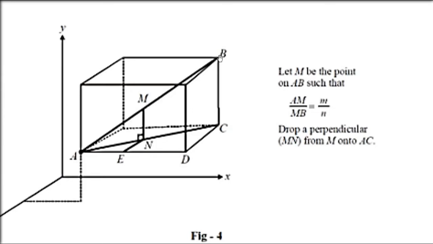With A and B coordinates, I am making a whole cube. So we have a whole cube. We have made a cube so that it makes things easy, because one plane is parallel to the XY plane, one is parallel to the YZ plane, and the other is parallel to the XZ plane. So we have made 2 planes from A and B. So we got a cube, or you can say we got a parallelepiped.